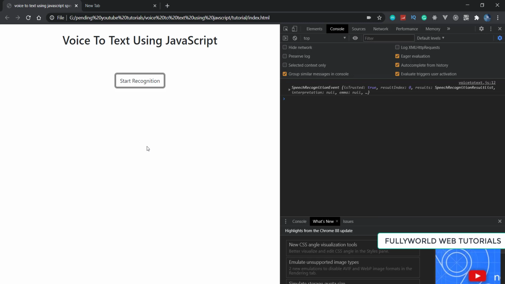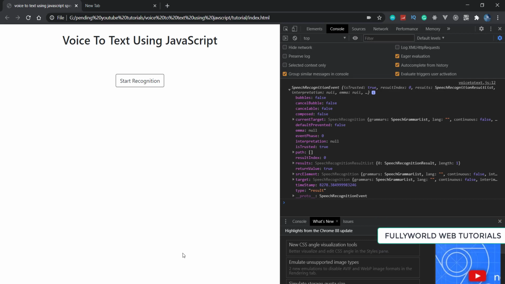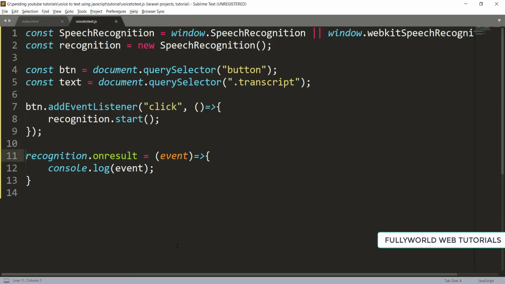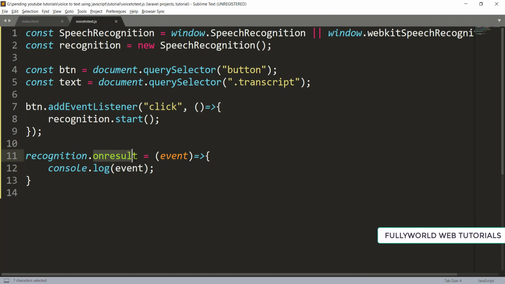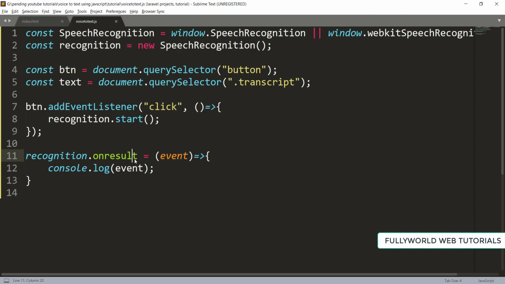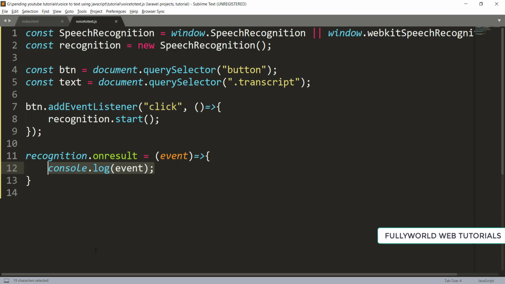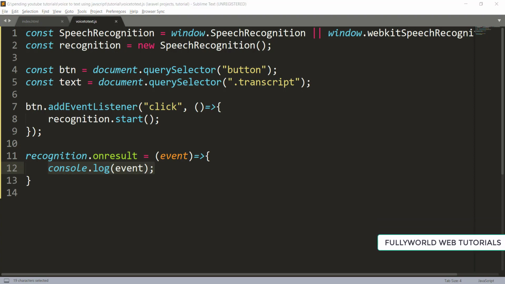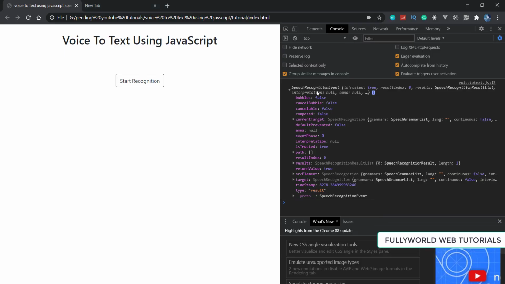See that now it stopped successfully and we are getting our object here. When I stop speaking, the recognition also stops, and while stopping, the onresult event got called, and it is giving us one event. We are console logging that event also. So for that we are getting this object here. See that this is the object.